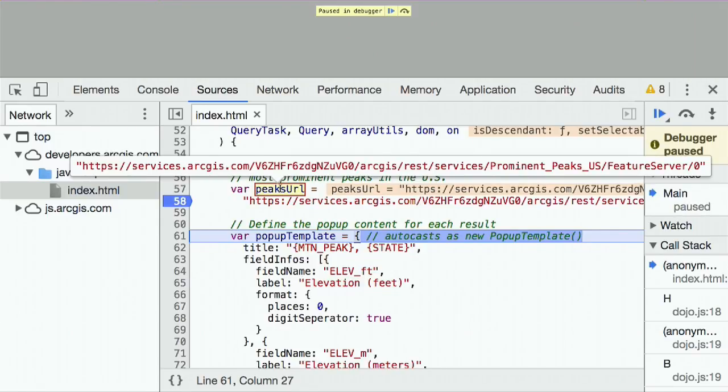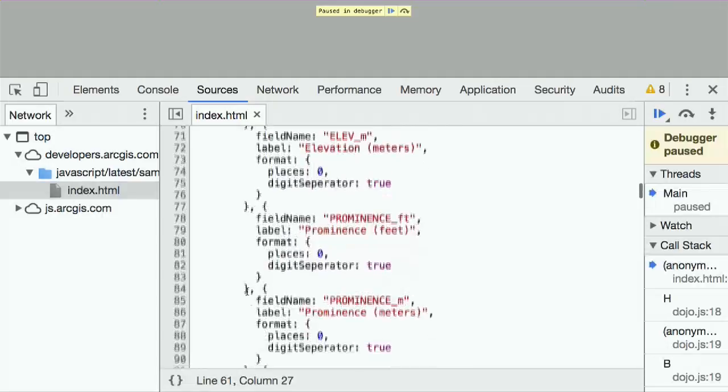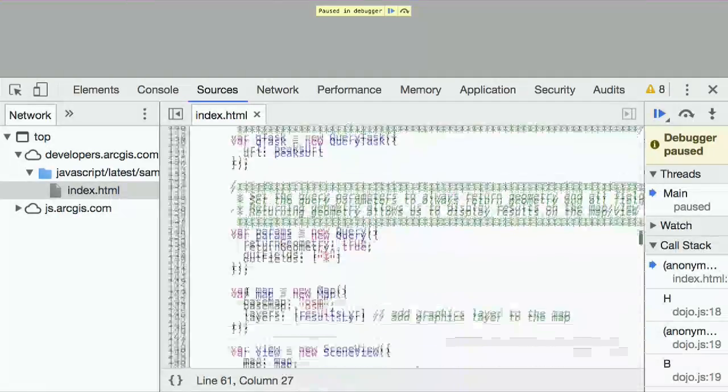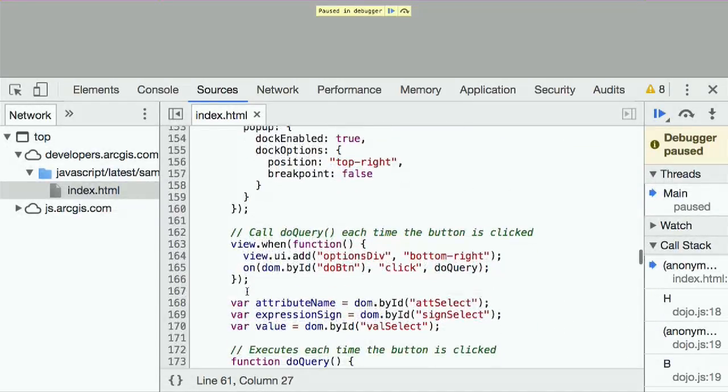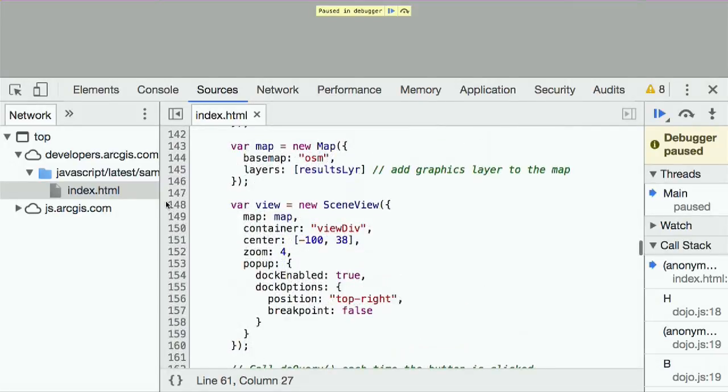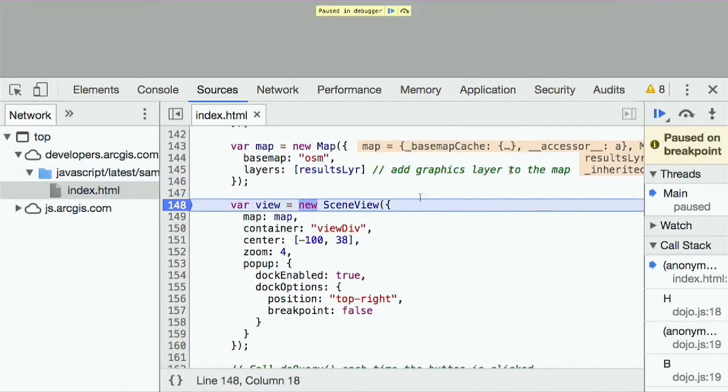And the other piece that you need is, let me show you an example here in the scene view. I want to create a view and get past this. When I want to create a new scene view, I can see here they used a map and a container. They passed the center. This is the longitude and the latitude. That's all great. But if I want to write something new, you need to, at first at least, refer to